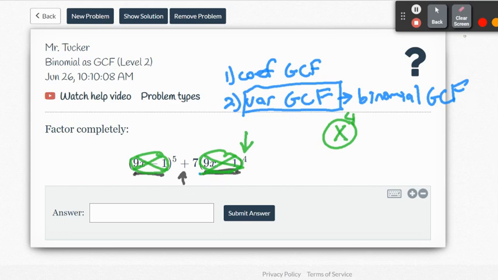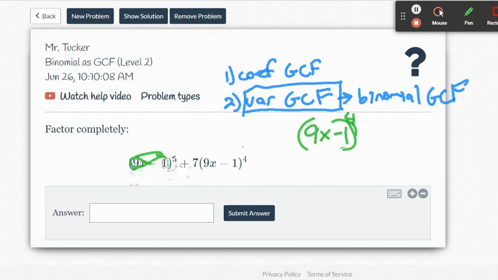So what we want to do there is say my common factor is the whole 9x minus 1. That's being raised to the 4th power because it's in common between the two terms, and the lowest exponent on both is the 4. So this is the most that they have in common, 9x minus 1 to the 4. So I'm going to factor that out. So I'm going to say equals 9x minus 1 to the 4th, times,